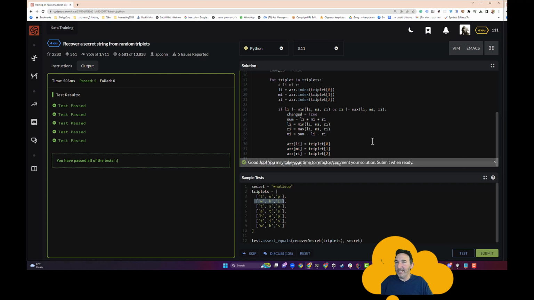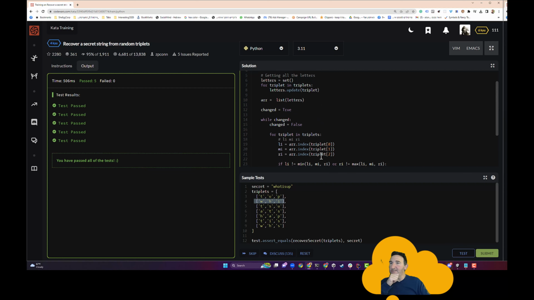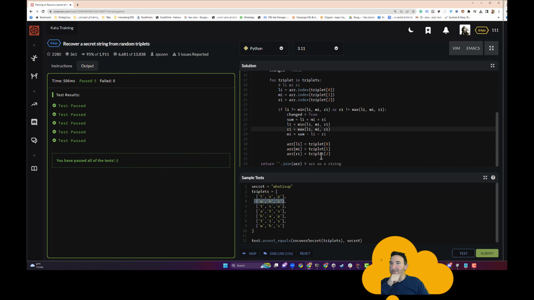I tried... okay, so now it offered me to refactor, it's interesting, but this is nice. So I just want to talk about another solution I thought about. After that I wanted to try another solution, and what I thought was, because I understood this is basically a sorting